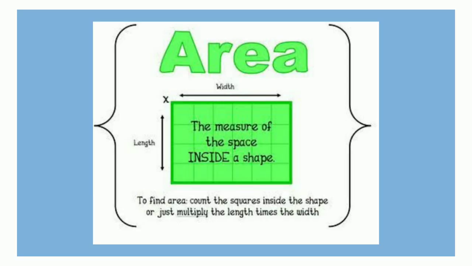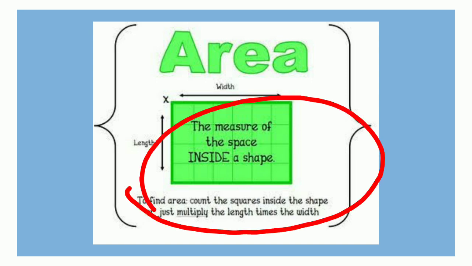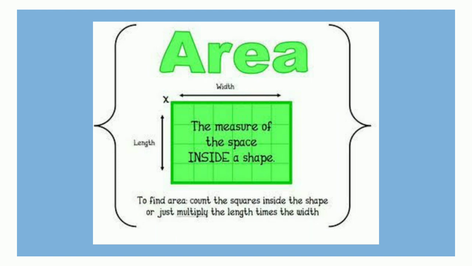Okay, then how to find the area of a 2D shape? Very simple. The measure of the space inside a shape. How much space is there? That is the area. The meaning of area is how much space is occupied on that plane surface or flat surface. That is called area. For the easy calculation of area, we have to introduce some formulas of two-dimensional figures. So this is very easy to find the area of any shape, and we have to use these formulas to find the area of the plane figure.